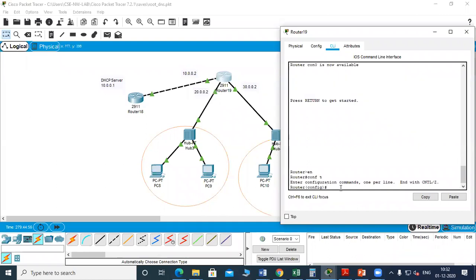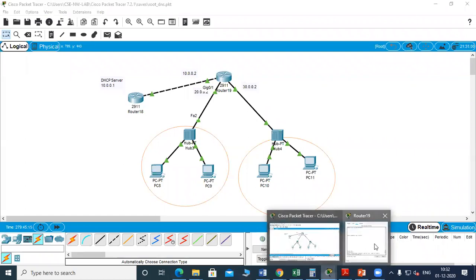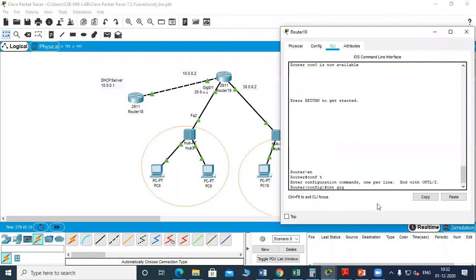Now, which interface do you have to give that helper address on? This interface. So that is interface gig 0/1. Now here you give the helper address. ip helper-address.